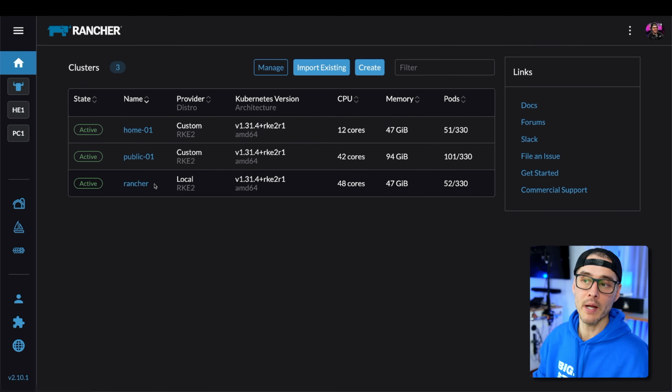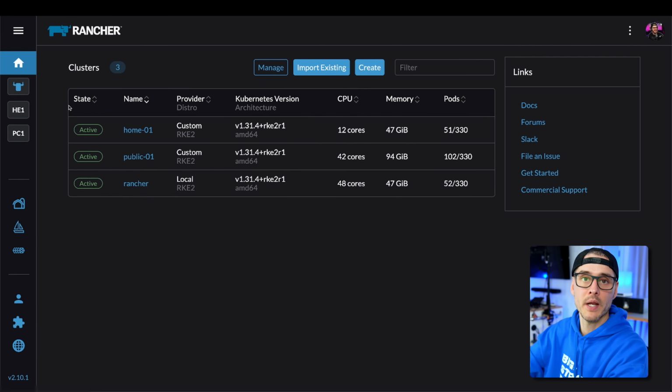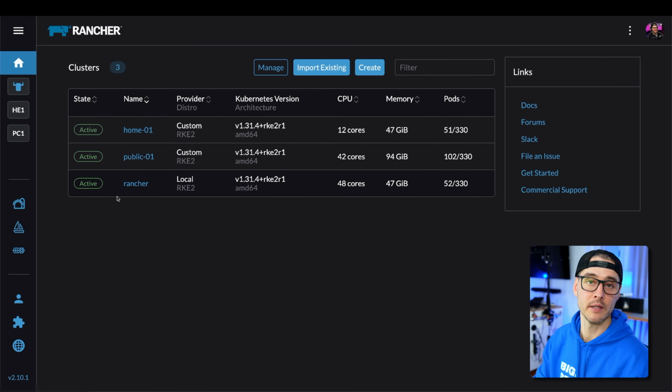But what's really cool about Rancher is that I can manage all 3 of these clusters right from here. And so I have a single pane of glass to manage all of my clusters. If I wanted to do something like make a single node cluster on my Storinator after I move everything out of there, which I might do, I easily could. A cluster of 1, give it all roles, and then I manage it here from Rancher. So pretty awesome.